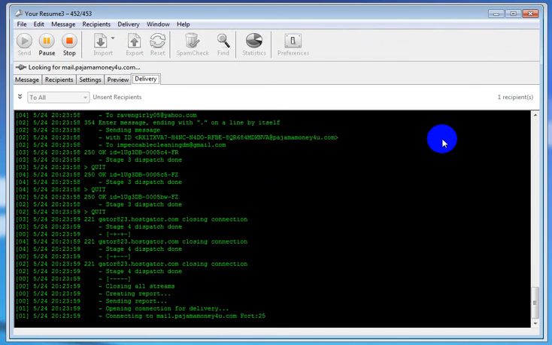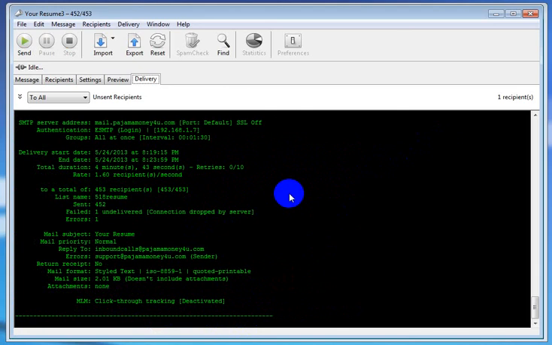So anyway, one recipient left. Or is it finished? I don't know. It says we've got one recipient left, but it should connect and give us a little message about how long it took. Here we go. 452 sent. One failed. One was undelivered. And it looks like 1.6 recipients per second were getting an email. So 4